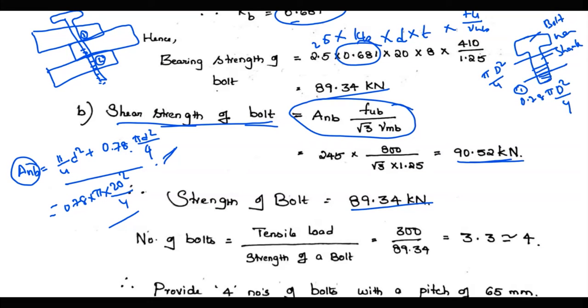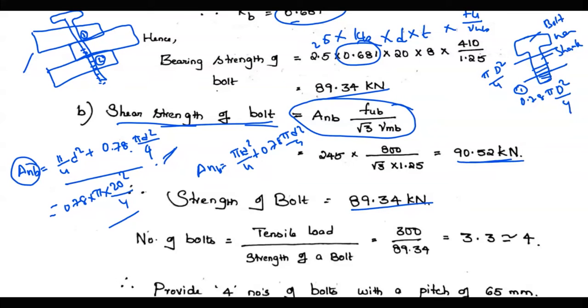So see this here in this figure, there are three plates that are being joined by this bolt. Therefore, two shear planes are going to be there. One shear plane is not within thread and one other plane is in shear. So then in that case, what will be the A and B value, guys? A and B value will be pi d square by 4 plus 0.78 pi d square by 4.